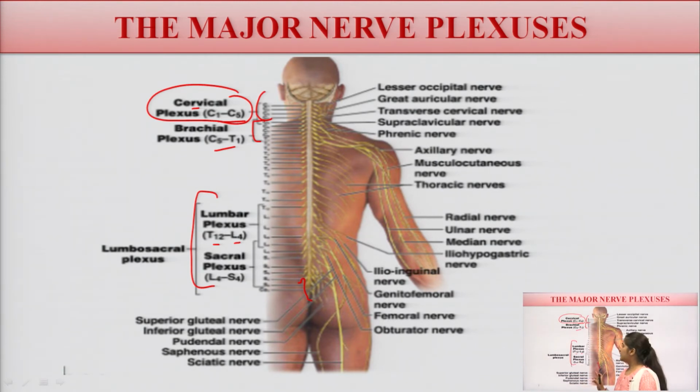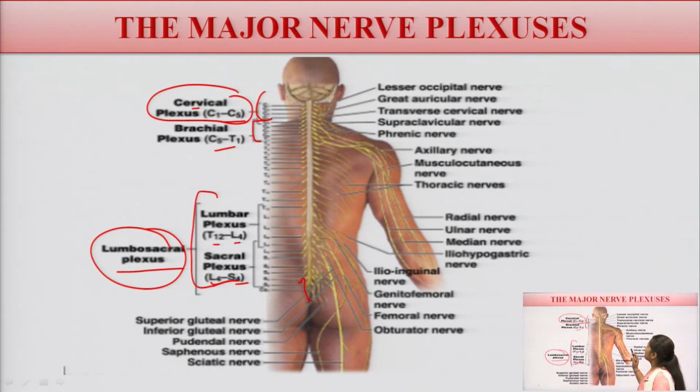यहाँ तक कौन सी होगी आपकी lumbar plexus. Okay, that is known as the lumbar plexus, and from the sacral plexus it is L4 to S4. L4 to S4 means lumbar vertebrae number 4 to the sacral vertebrae number 4. This entire is known as the lumbosacral